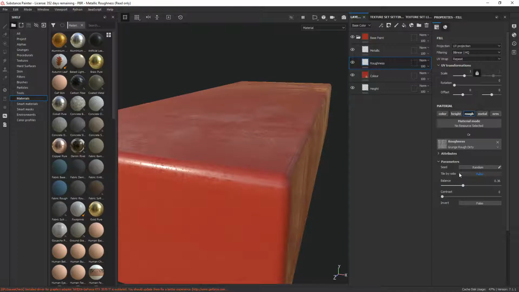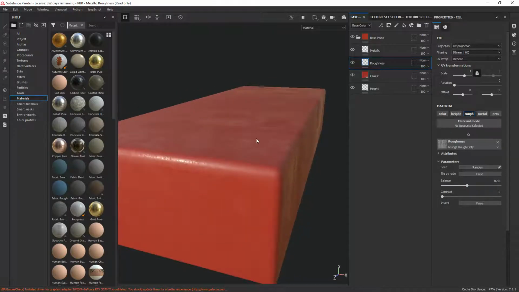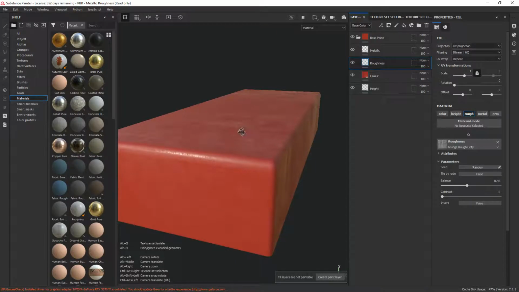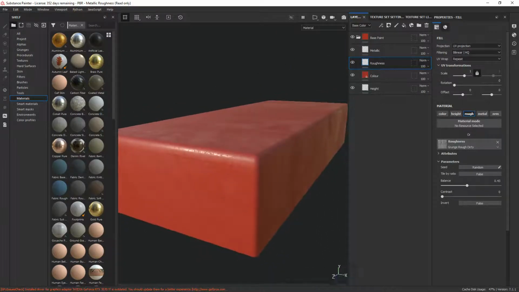Yeah, we'll keep it quite rough like that. Yeah, okay, so that's fine. We can play around with the roughness there. See how that is. Don't forget, on each channel, I haven't said yet, but if we look